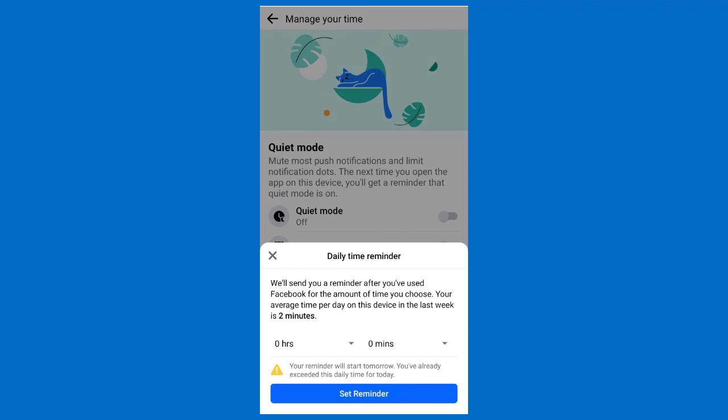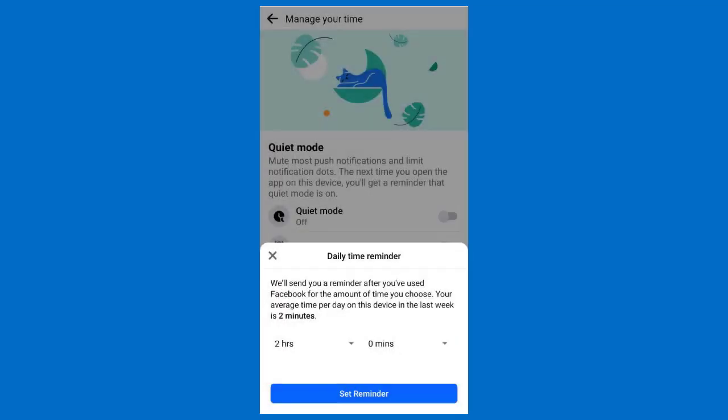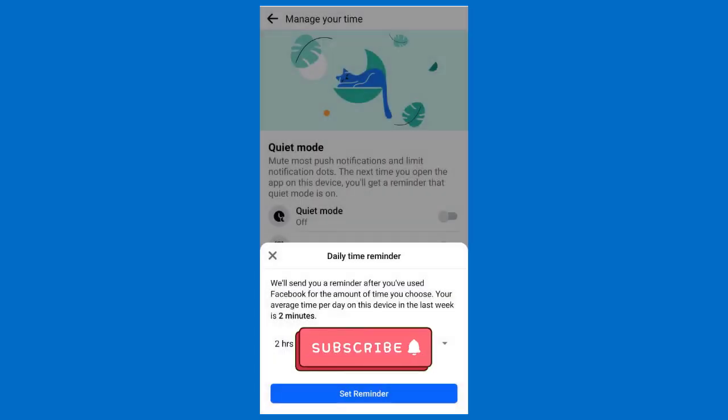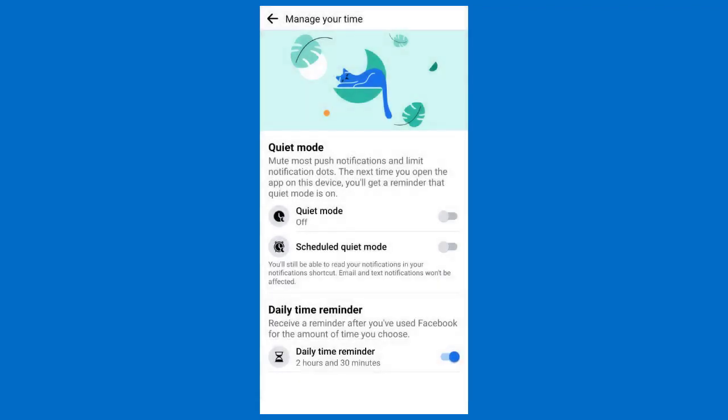And here, we can enter the maximum time to be spent on Facebook, after which we need to be reminded. I will add 2 hours and 30 minutes as the maximum time spending on Facebook daily. And in the bottom of the screen, we need to click Set Reminder button. So hereafter we will be reminded every day if our time spent on Facebook is over 2 hours and 30